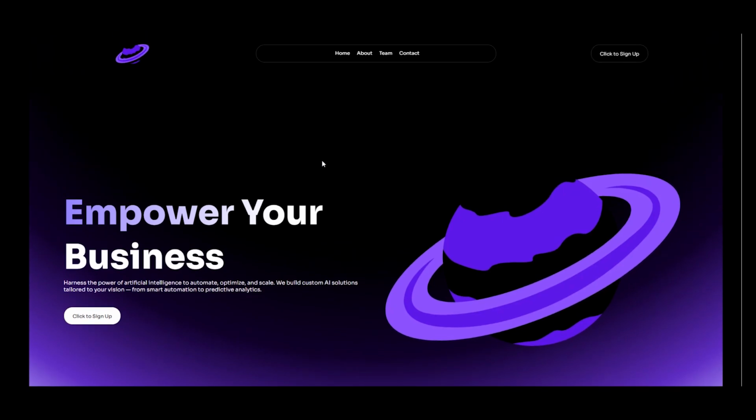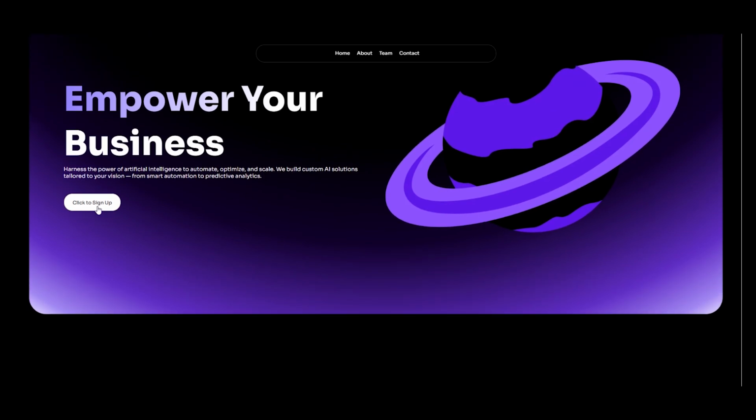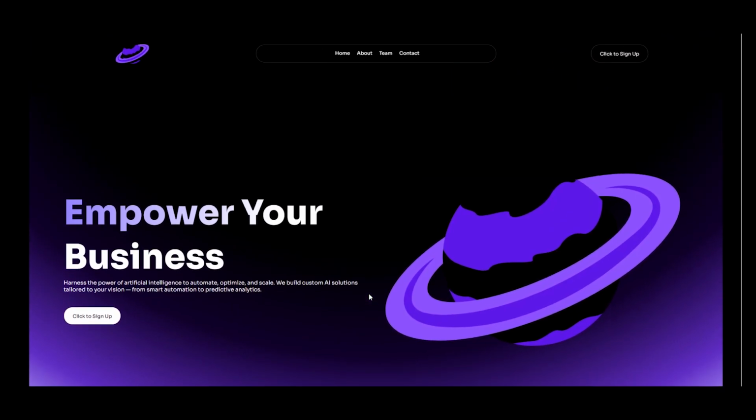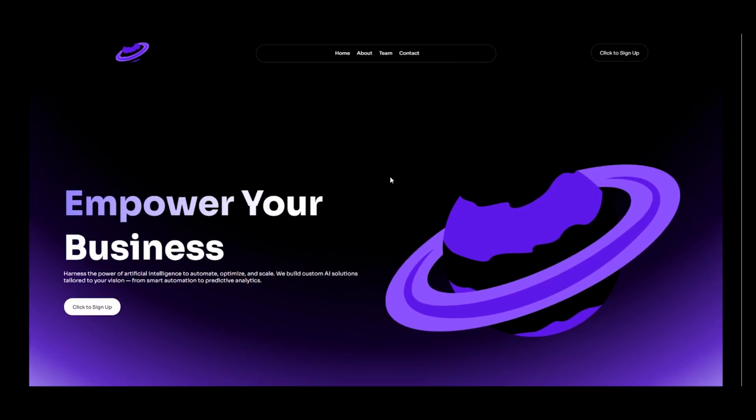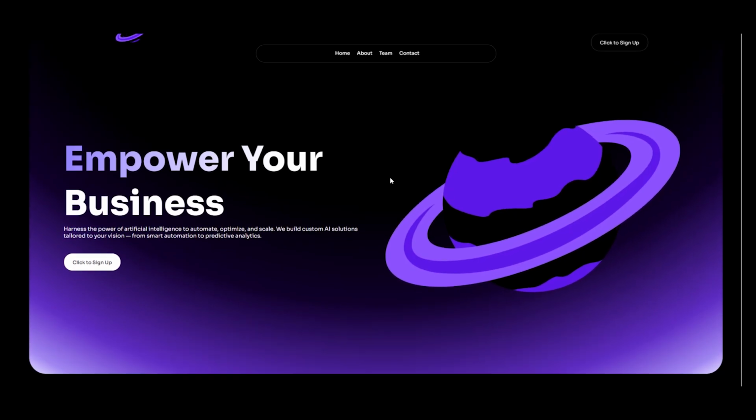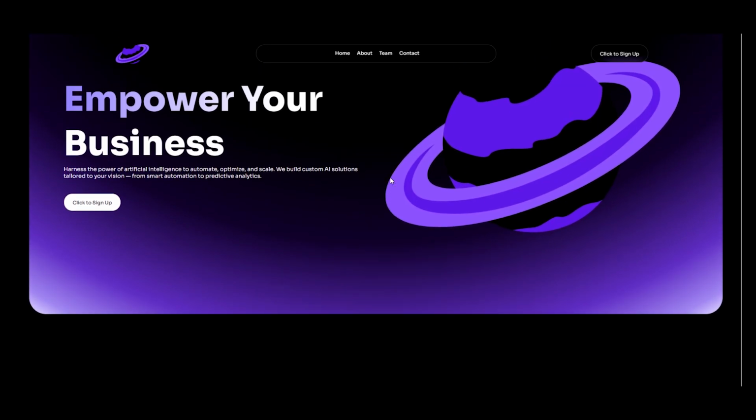It looks obviously different because we have a different image, and the background is a bit different, but this is basically what I've been able to recreate from that website from scratch in